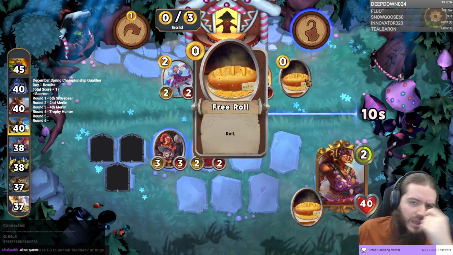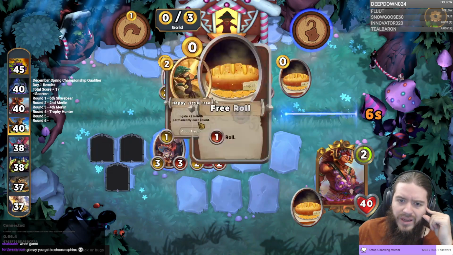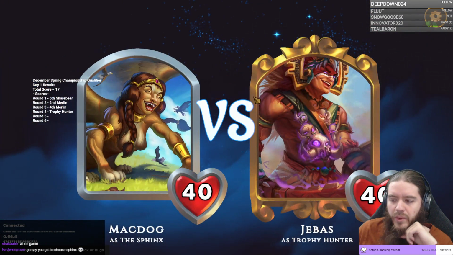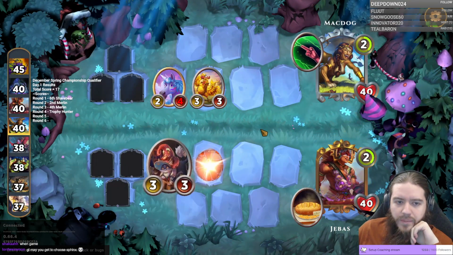I'm considering locking for free roll and then just casting it to trigger both of these, but I think we'll not do that. I really don't want any of these units. It's close. I don't really want the trees on Trophy Hunter necessarily. They're fine, but ideally we...